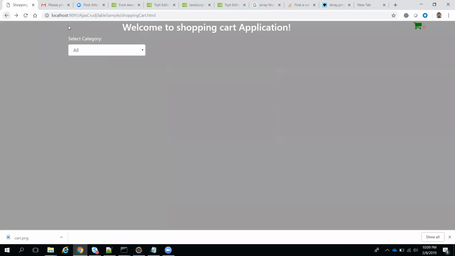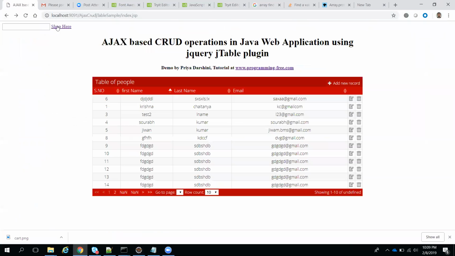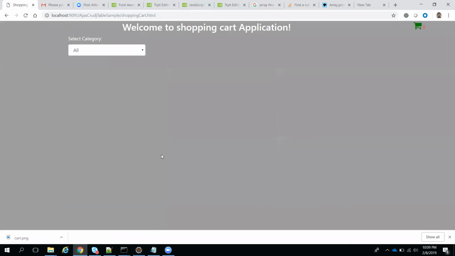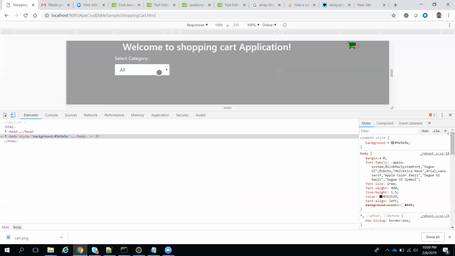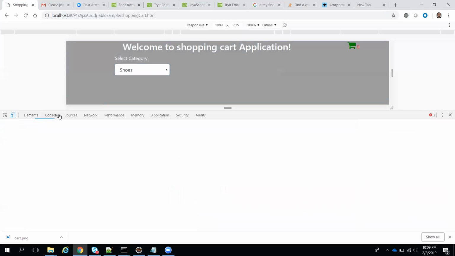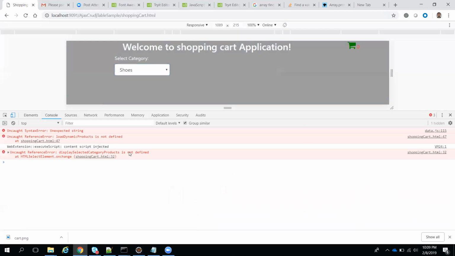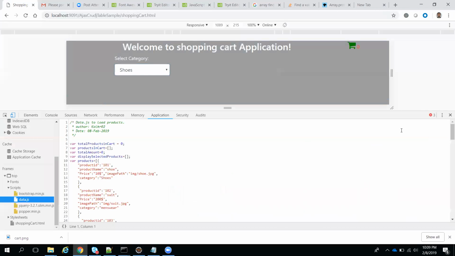What is happening? Some errors, we got it. Unexpected string. Okay, I'll see this error.